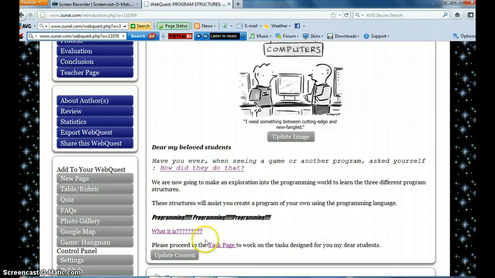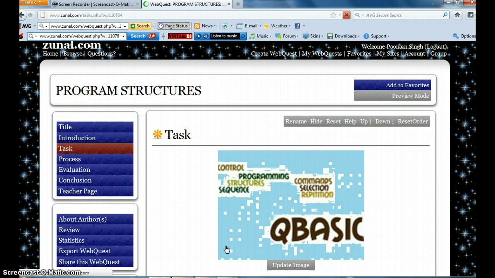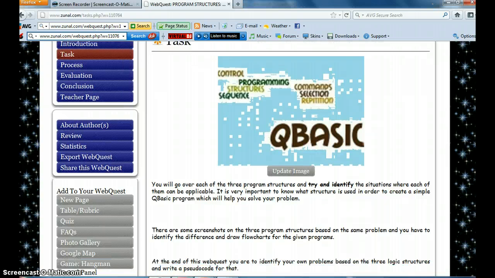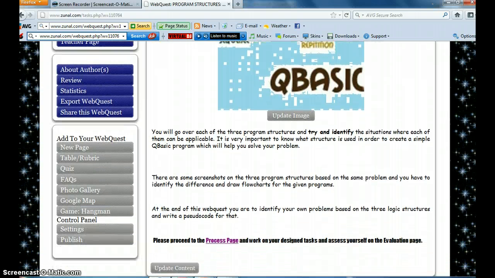If they want to go on, the next page is the task page. They just have to click on the task page and they will be directed to the task page, and it states what they are actually supposed to do in this web quest. The students are told what they will be doing throughout the web quest, so they can read the task and